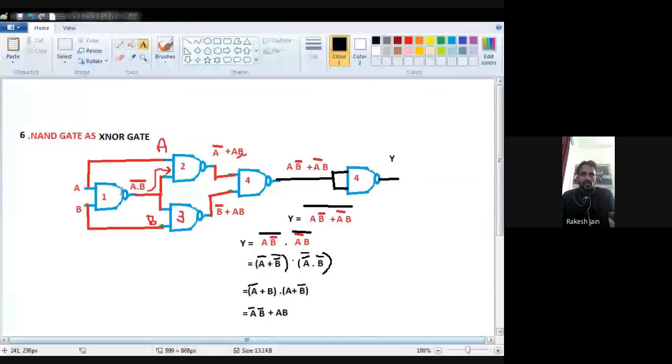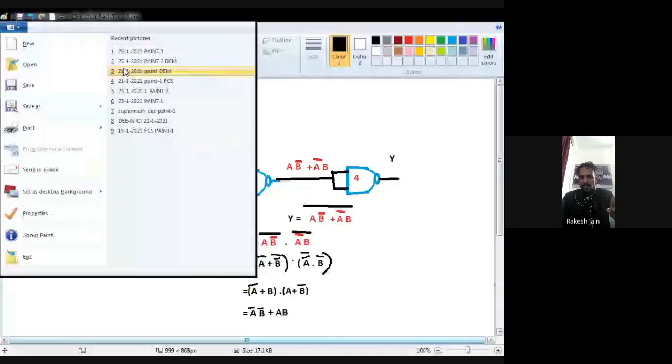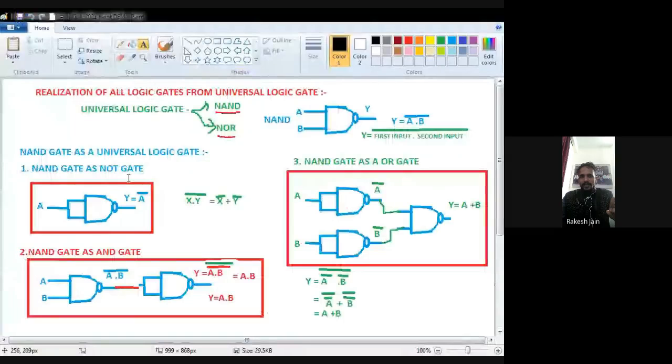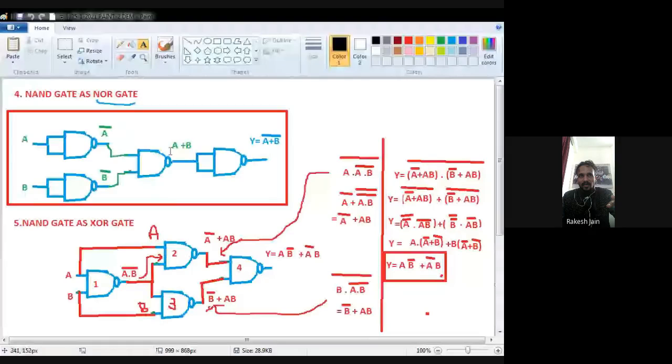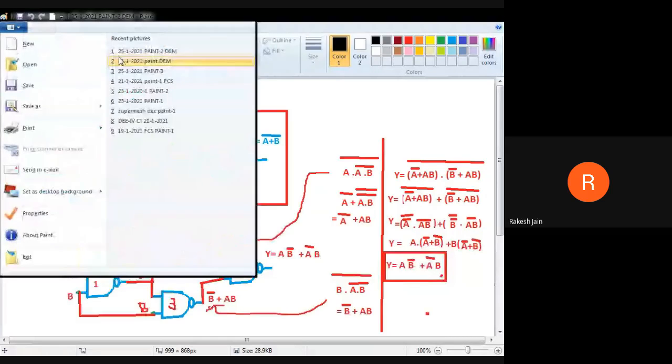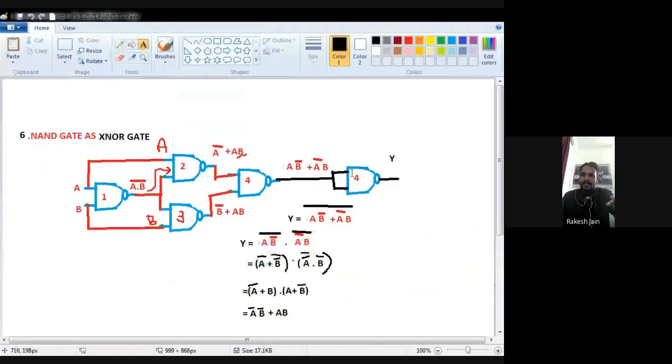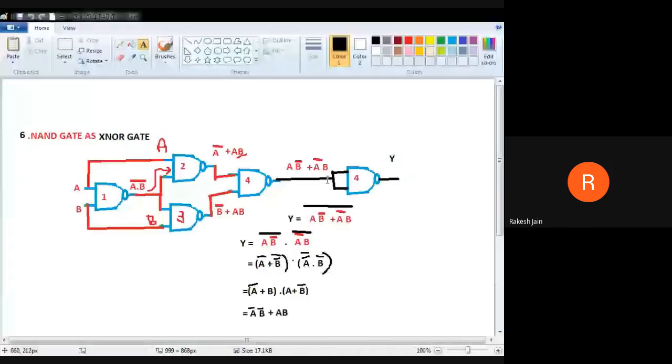So today we understand how a NAND gate can behave as a universal logic gate, because once again I will show you from the starting. This is the first page, where we convert the NAND gate into three other logic gates. One is the NOT gate, second is the AND gate, the third is the OR gate. Then in the second page I taught you how a NAND gate is converted to a NOR gate and XOR gate, with a detailed description of the derivation of the XOR gate. And in the third we see that by only connecting a NAND gate as a NOT gate at the output side, we can convert it into an XNOR gate.